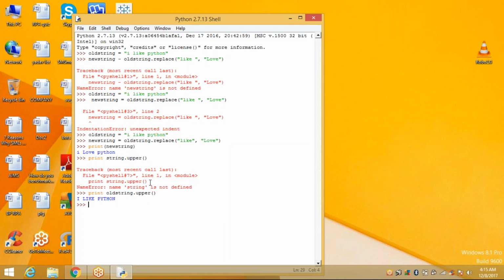Suppose you can also use another function, capitalize. Only I want to display the starting letter capitalized, and the remaining are the same. So I can write print old string dot capitalize.